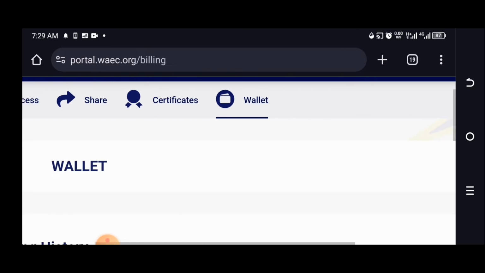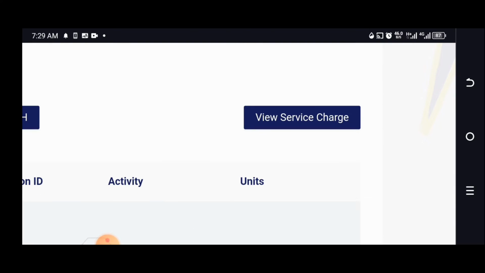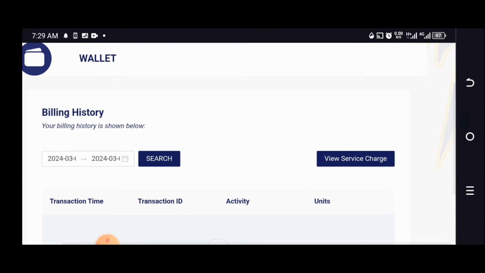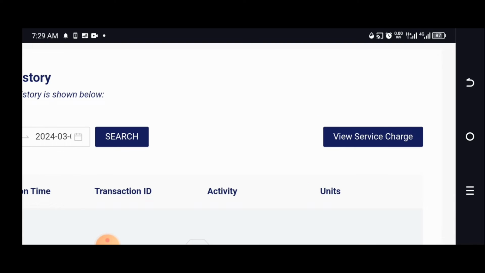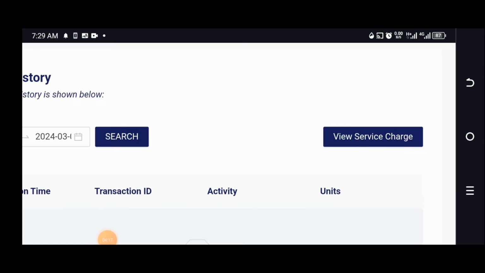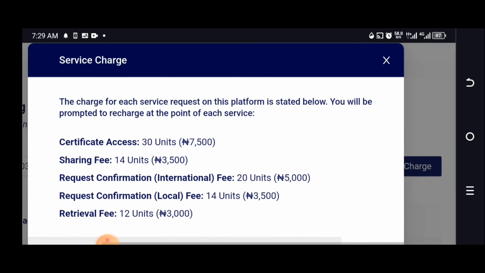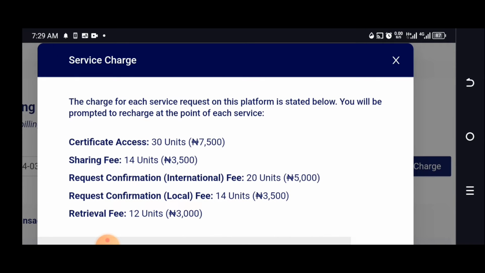But then let's see, on the same wallet page, the service charge. Under here, you see what they call view service charge. Let me show us. To view service charge, this here. When you click on it, it takes you to a pop-up that shows you the prices of every service that this platform is offering. Number one is certificate access, and the cost of it is